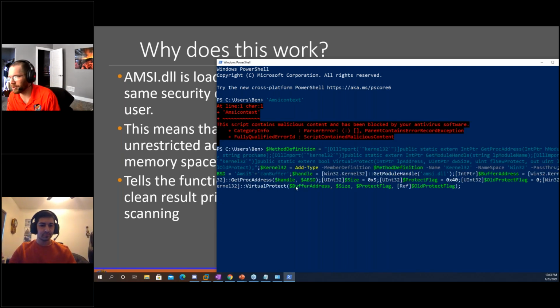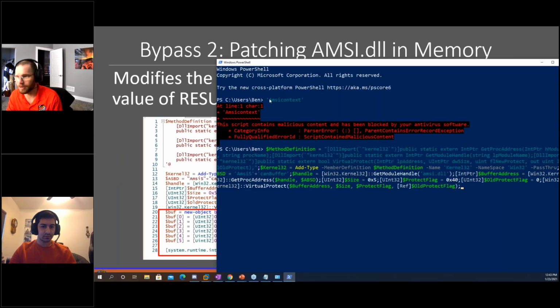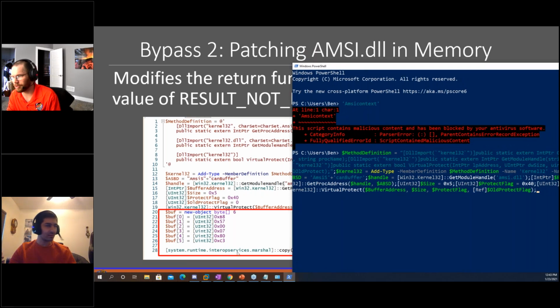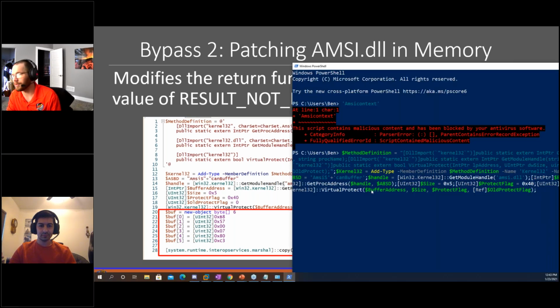This is still the one-liner, but as you can see here, if I go back and pull up the PowerShell window again, I don't have this last line where we're actually marshaling and copying the code into the buffer, or these buffer new object lines, or any of this code right here where it says buffer 0 for the flags to copy in. I don't have any of that in there. It's just changing that virtual protect flag, and then when you hit enter,